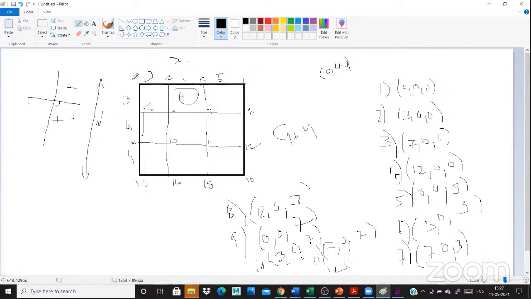12th point is the last point. 3 plus 4, 7, 12. 12 comma 0 comma 7. Finish. Next one is a